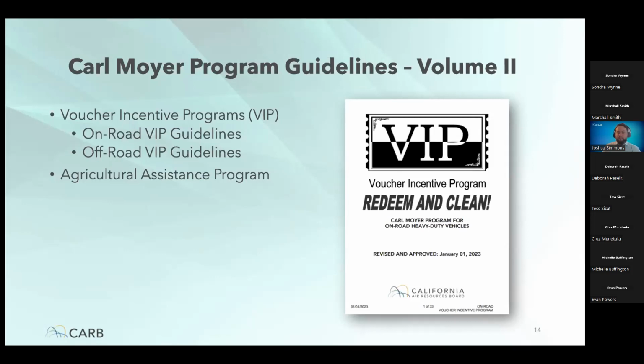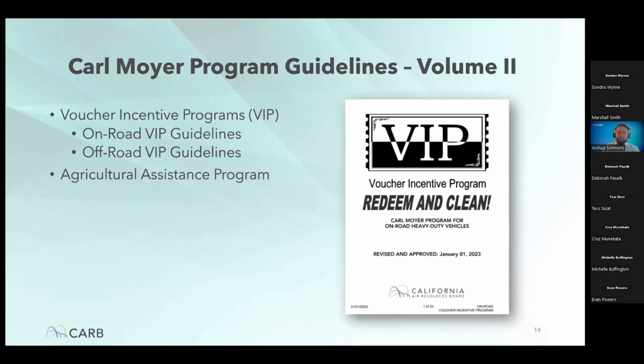It is subject to the administrative processes, cost-effectiveness limits, and emission reduction calculation methodologies of the CARB Moyer Program Guidelines as well. It provides a streamlined approach to reduce emissions by replacing existing high-polluting vehicles with newer zero-emission vehicles. Real emission benefits are achieved by retiring the high polluting vehicle earlier than would have been expected through normal attrition or by regulation. The on-road VIP consists of its own guidelines and appendix that will be revisited and edited where appropriate as well.